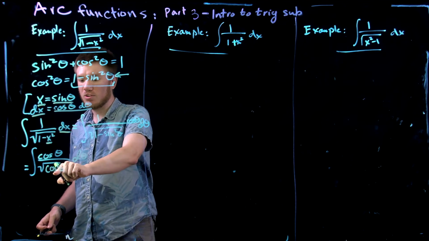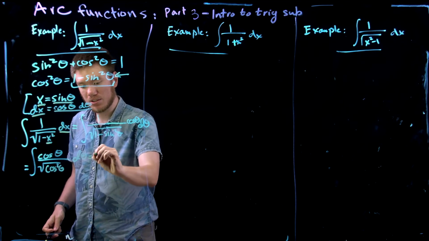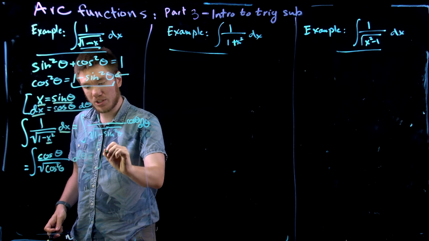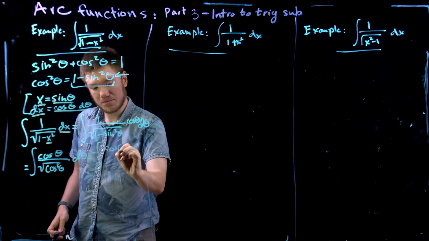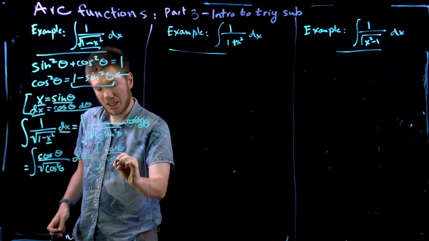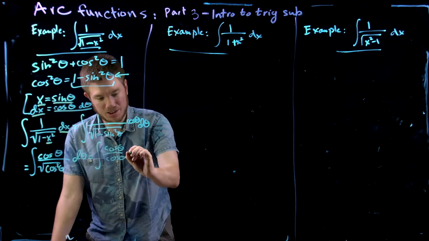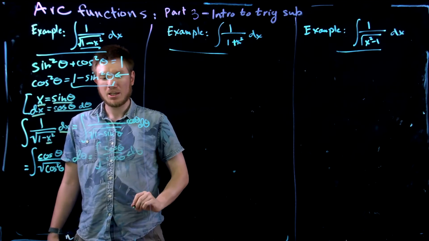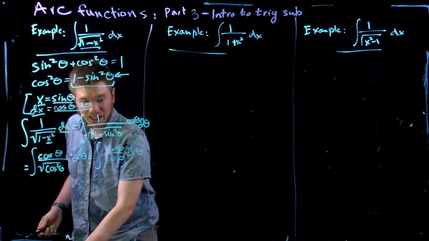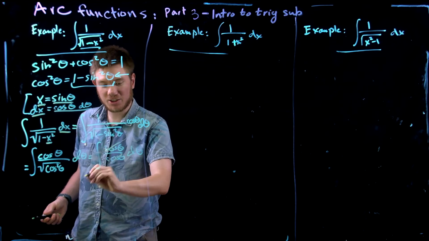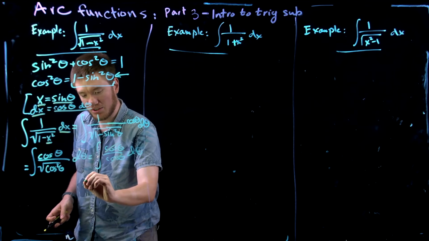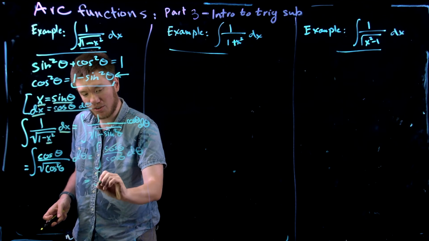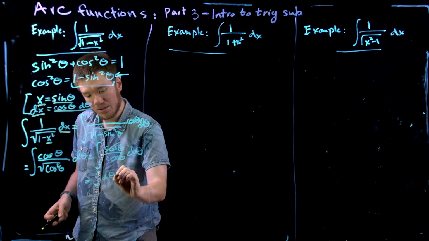We're taking the square root of cosine squared, which is going to give us a cosine in the denominator. And notice that the cosines cancel. So we get the integral of d theta,